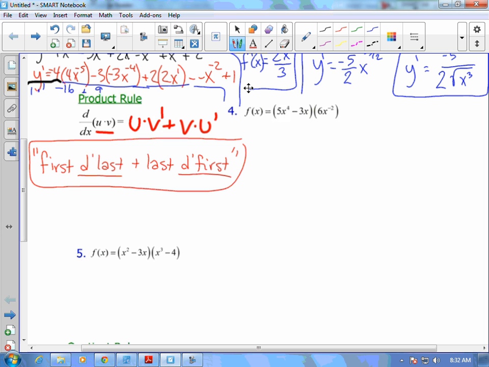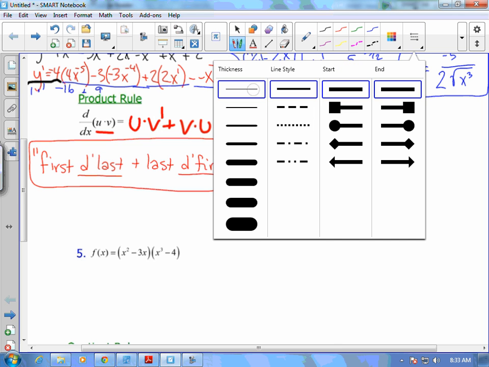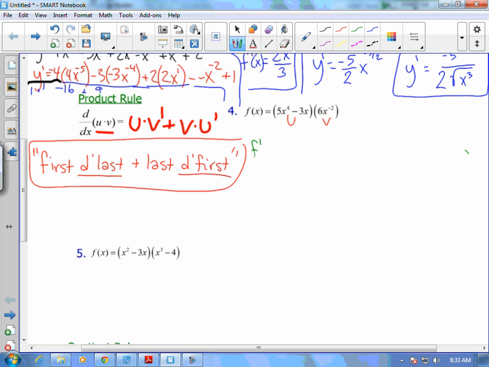Okay, so we have one on number 4. Let's try it. This is your u, and this is your v. Okay, f prime of x. I'm going to do f prime of x because the function originally was f. First, so we just copy first down, 5x to the 4th minus 3x times the d last,